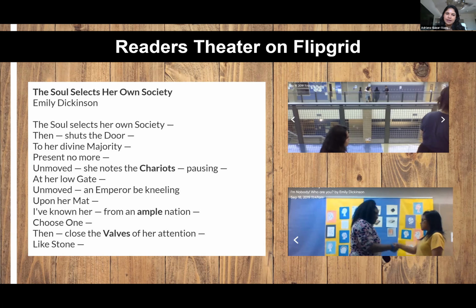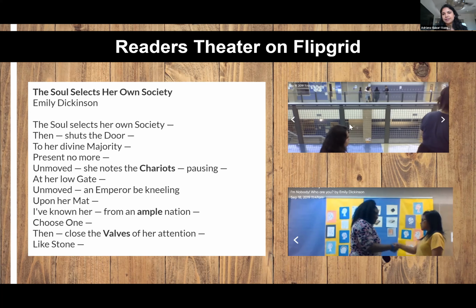And throughout the process, what I started observing was that in the act of pronouncing it with other peers, hearing other peers pronouncing it, practicing how they would say it for this video, and also knowing that they were going to have to upload it to a platform like Flipgrid, where their peers would eventually see their video as well, they were very focused on making sure that they were getting these words right. And not only getting the words right at first, but in the process of acting them out,